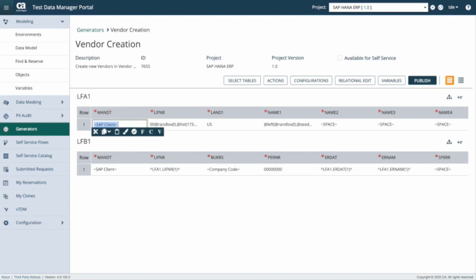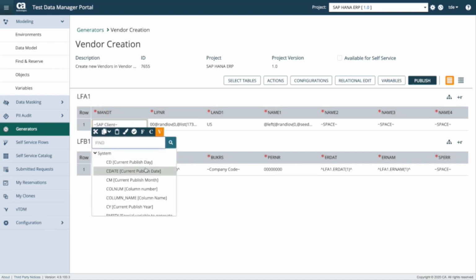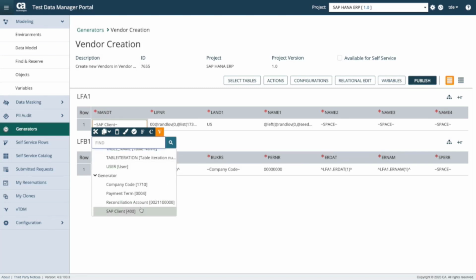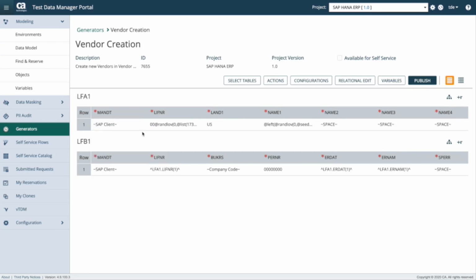So here is a situation where I'm just using a variable that I created called SAP client. This is because I'm going to allow the user, from a self-service perspective, to select which SAP client they want to use or assign this vendor record to. So I've just put in a variable there that I'm going to allow users to input information into. Here is for the vendor record,